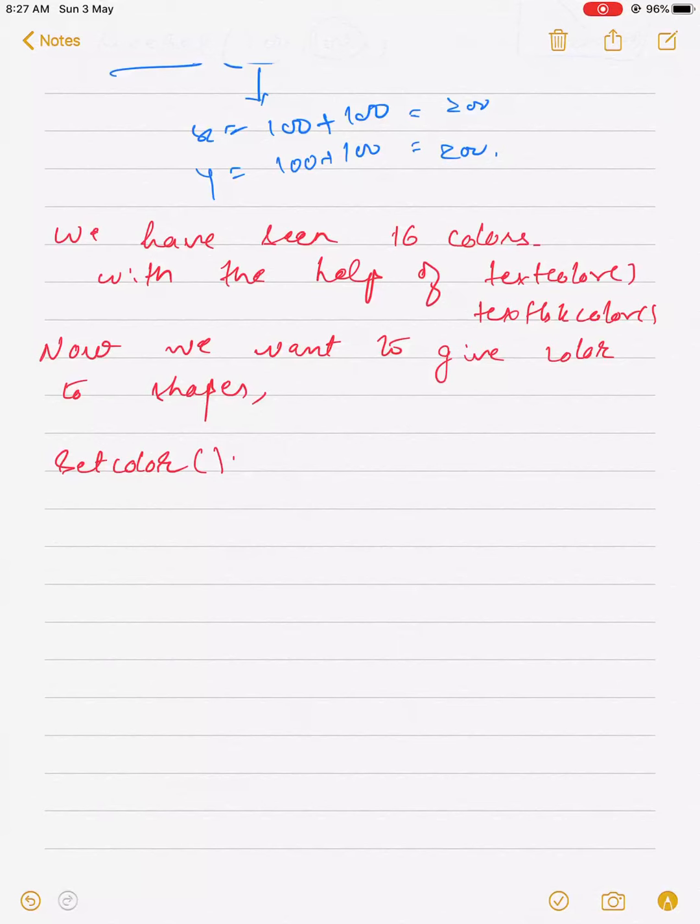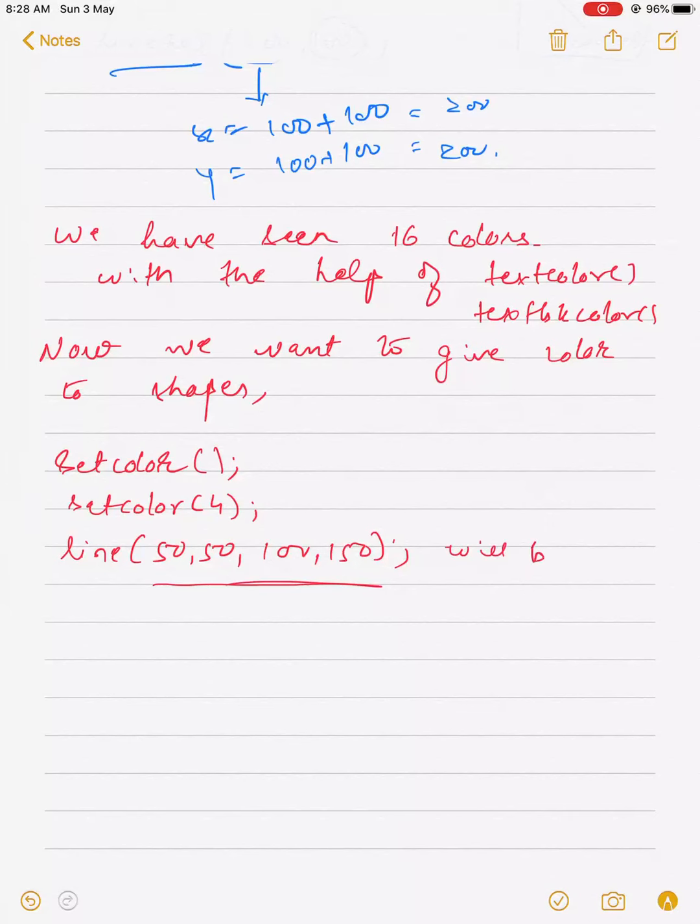For that, the function available is set color. In this you can mention set color 4. After that you write line 50, 50, 100, 150. So this particular line will be of red color. And the background you want to set: set bk color cyan.